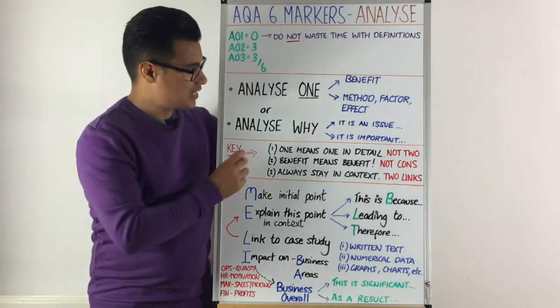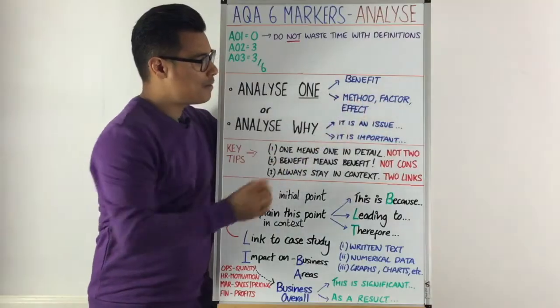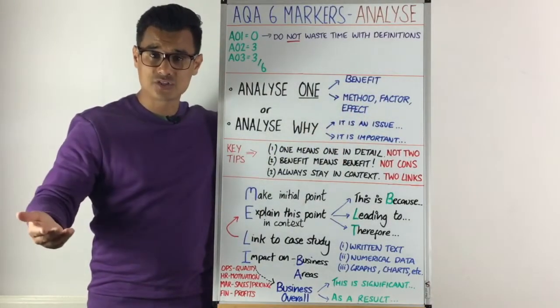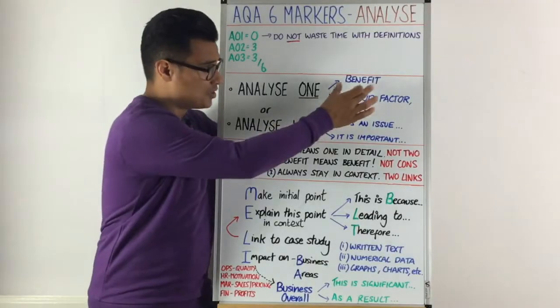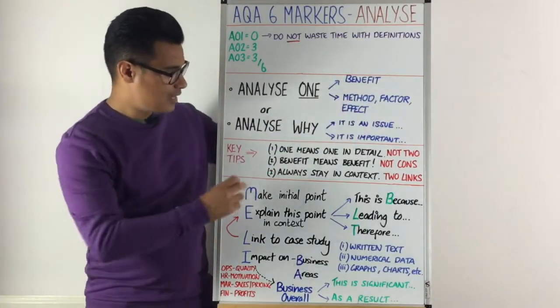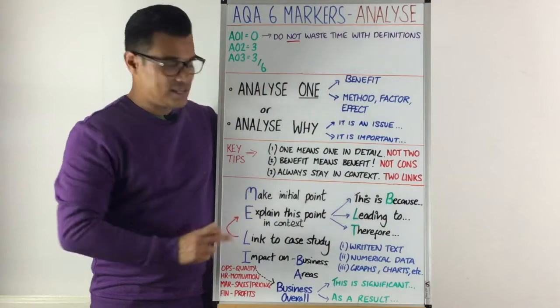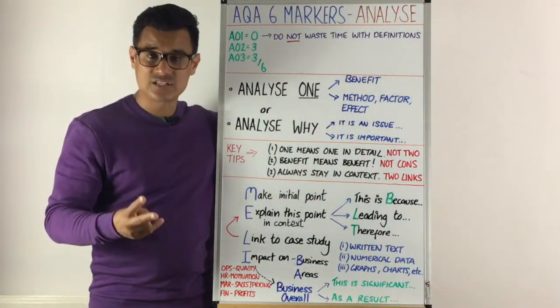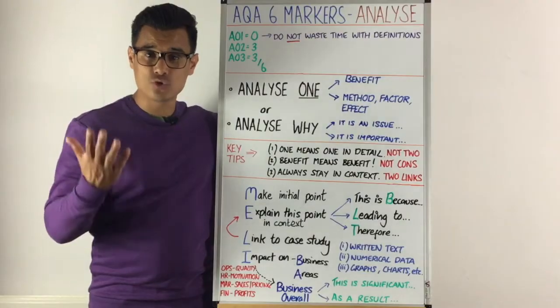But it's not always the case, because if it says analyse one method or one effect, it might allow you to talk about the benefits or the costs. But just be aware that you've spotted what that word is. Thirdly, always stay in context. And as a rule of thumb, try and make 2 links at least to the context when you are making